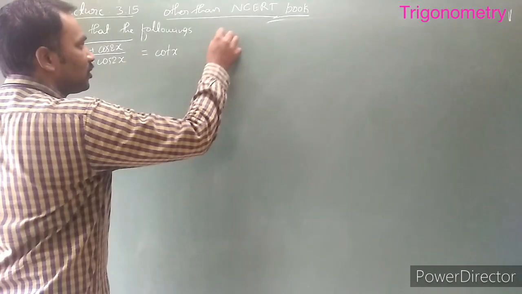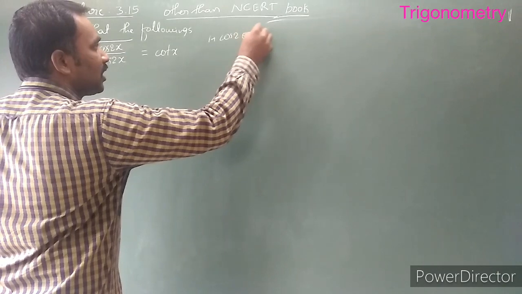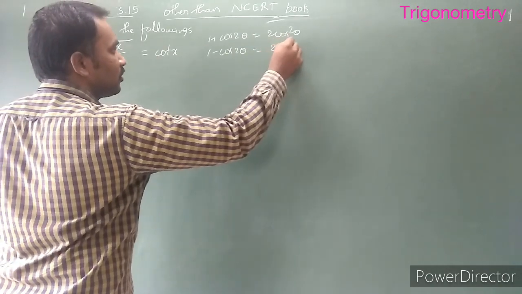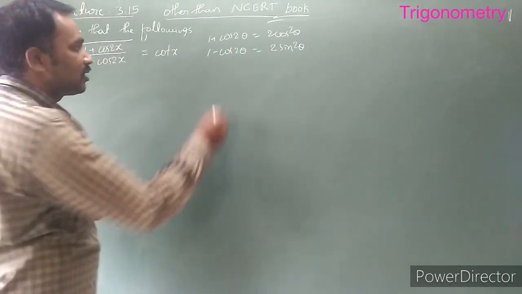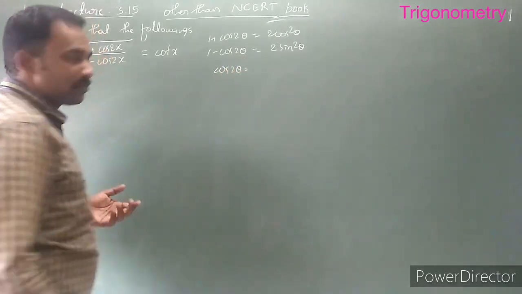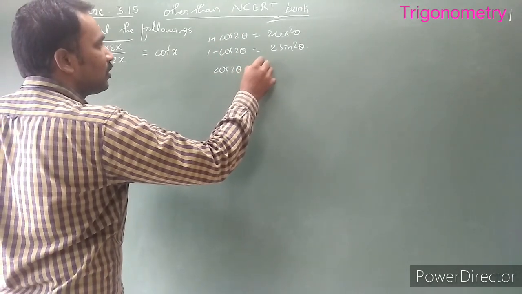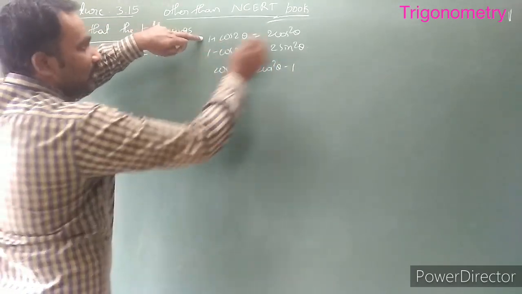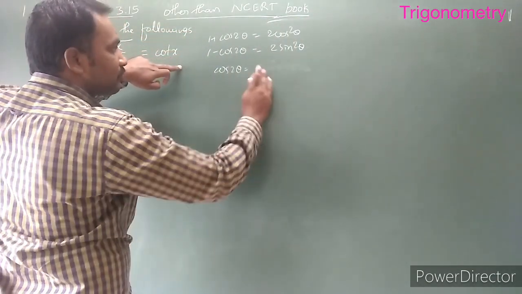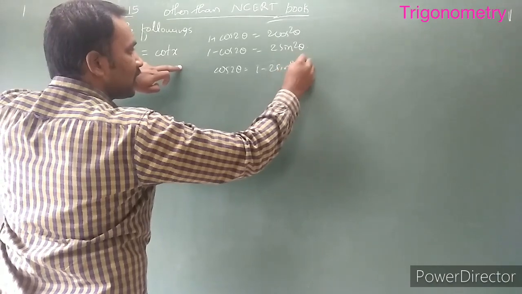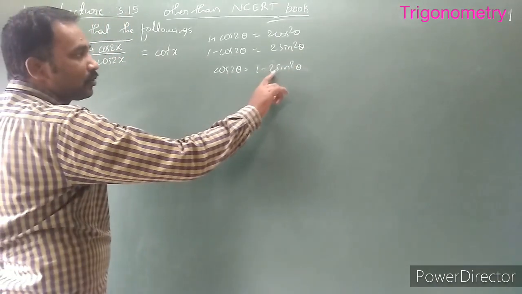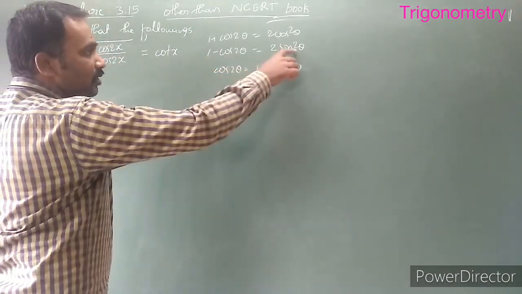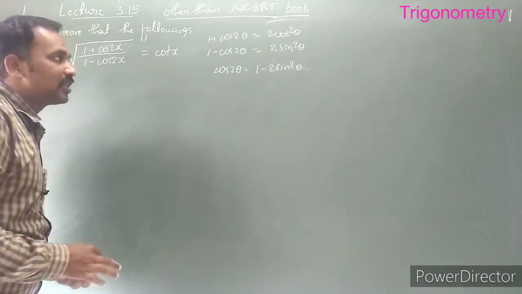We already know the cos of 2 theta formulas: 1 plus cos of 2 theta is equal to 2 cos square theta, and 1 minus cos of 2 theta is equal to 2 sin square theta. How do you get this? If you need it one more time, just remember these two conversions. Cos 2 theta is equal to 2 cos square theta minus 1. If you take minus 1 to the left hand side, plus 1, you get the first result. And cos 2 theta is equal to 1 minus 2 sin square theta. Take the 2 sin square theta to the left hand side and shift cos 2 theta to the right hand side: 1 minus cos of 2 theta is equal to 2 sin square theta. We will get the answer.